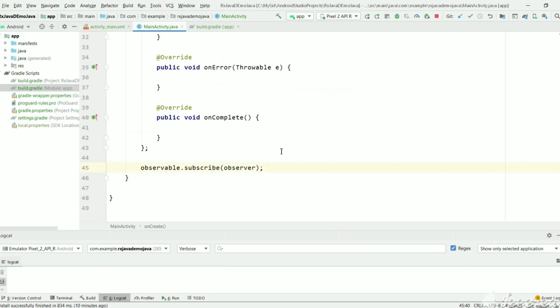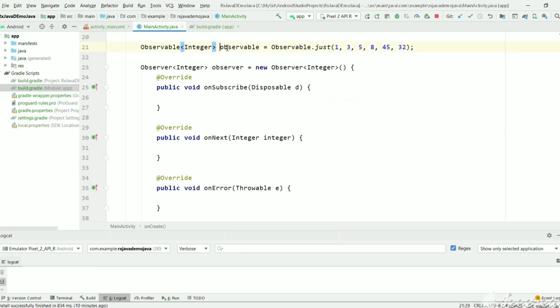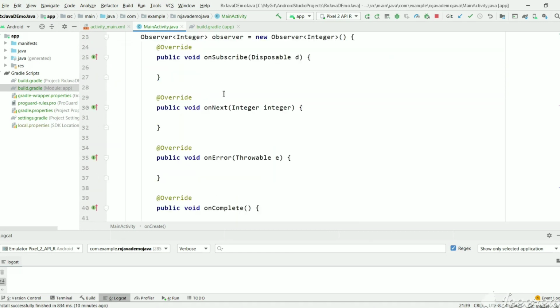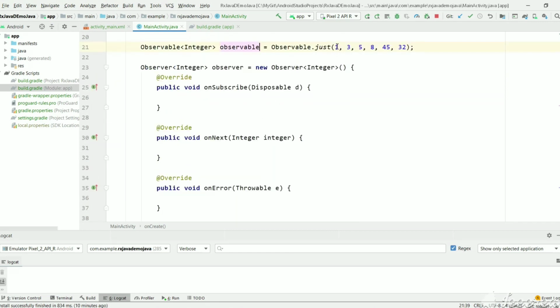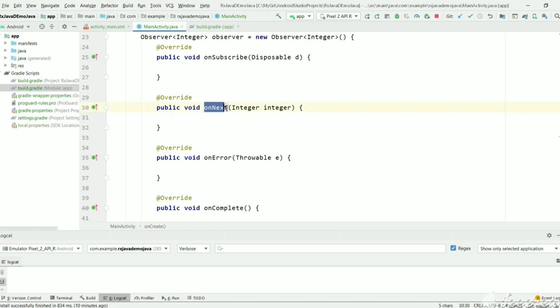Now as soon as the observable gets an observer, it will start emitting these values 1, 3, 5, 8, 45, 32. So the observer will receive this data. Where the observer receives it, it has 4 implemented functions. So for every item, onNext will be called and the item will be passed here. Whenever we subscribe, this method is called, indicating that the observer is subscribed.